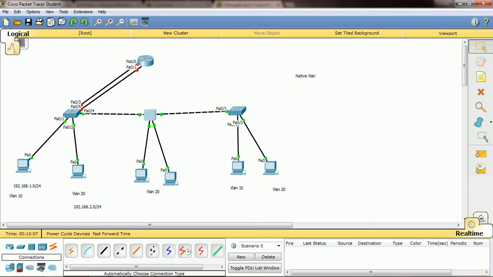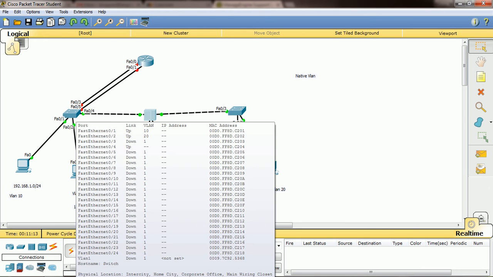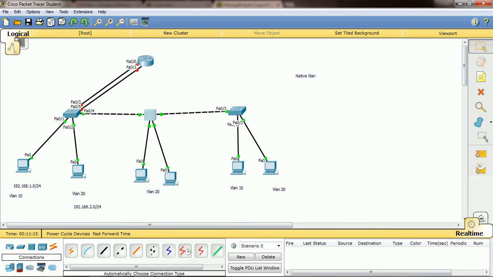So then I completed this side, I assigned the trunk port and assigned the native VLAN. So now I am going to enable this side, and we need to assign this 0/3 as VLAN 10 and 0/5 as VLAN 20. Why? Because this is going to carry only one VLAN's traffic and this is going to take care of one VLAN's traffic.